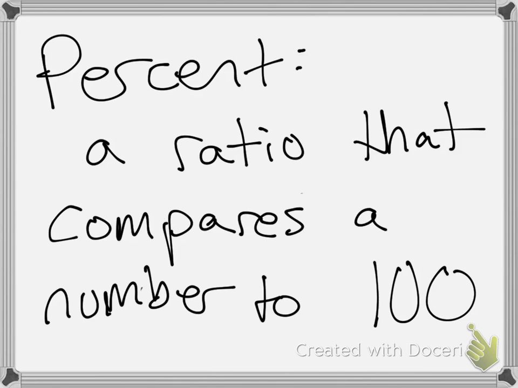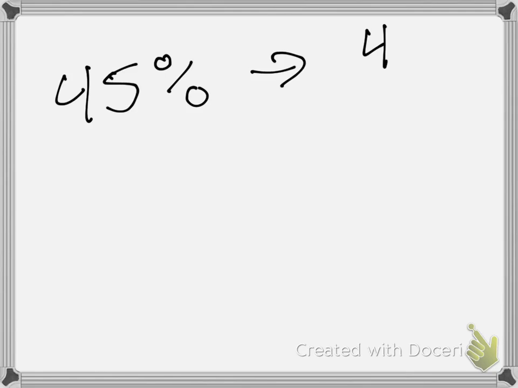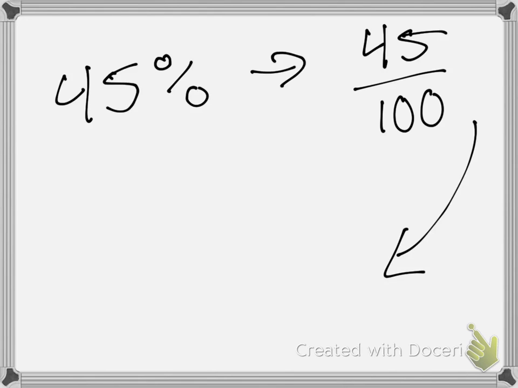So a percent is a ratio. A percent is a ratio that compares a number to 100. That's really all it is. So for example, 45%, all that means is 45 over 100. And as a decimal, it would be